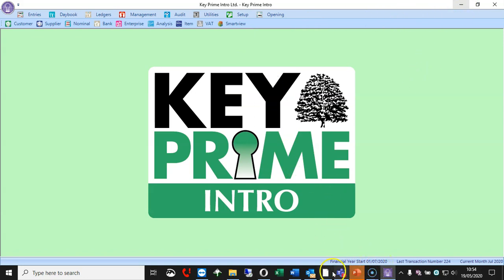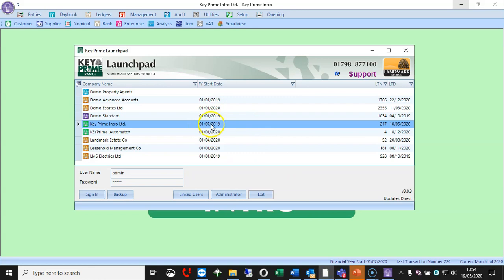We've now got a financial year start here, but it hasn't got it here. That's because Launchpad brought this up before we went into it, and the next time you load up Launchpad, or if you go and refresh it, it will go and give you the right year start. I hadn't done anything wrong. It's just when I brought up Launchpad, that was before we'd done the year end, so that's why it was showing it. If you close Launchpad down, or refresh it, it will have a financial year start that will be correct.